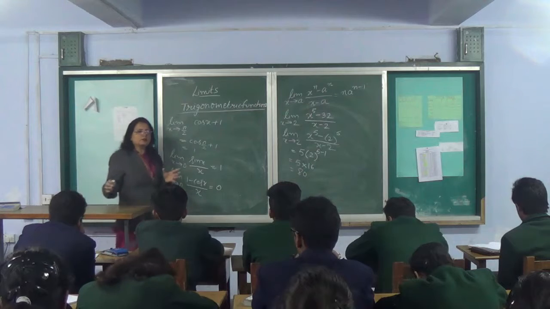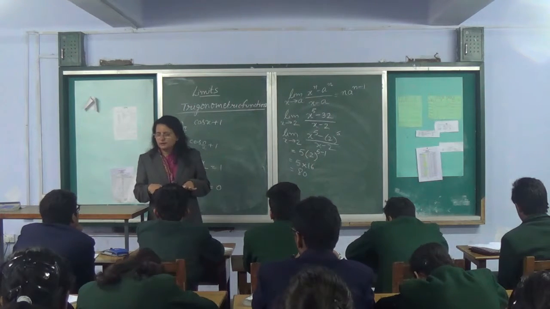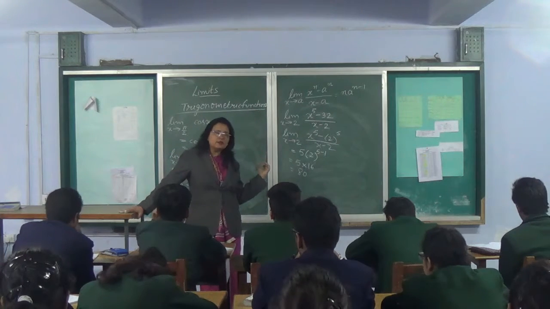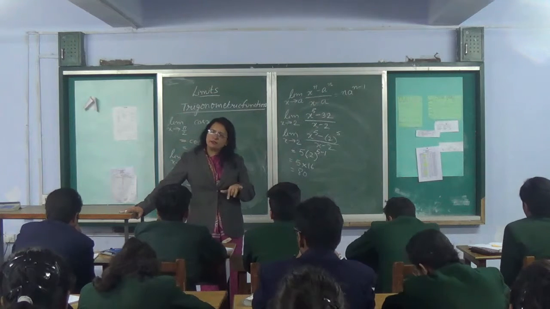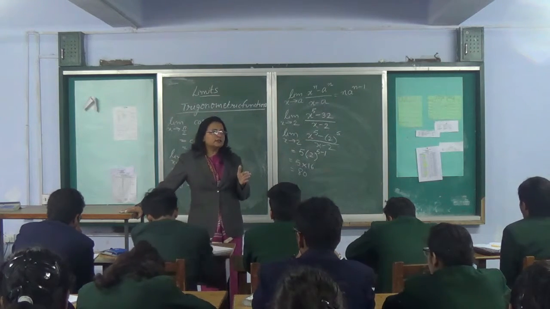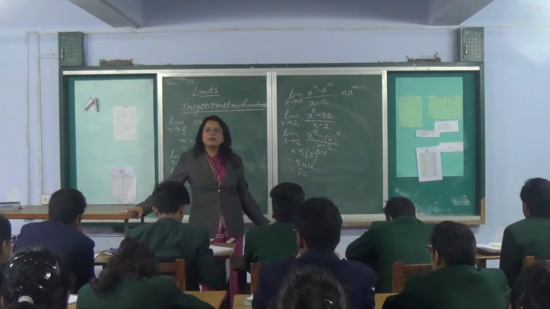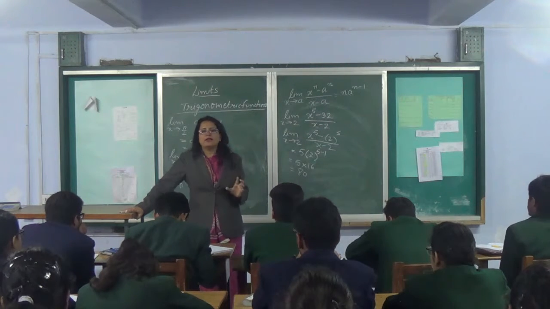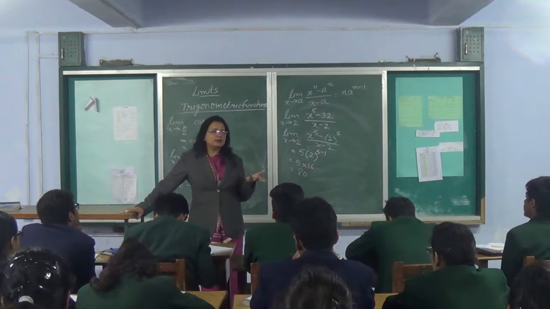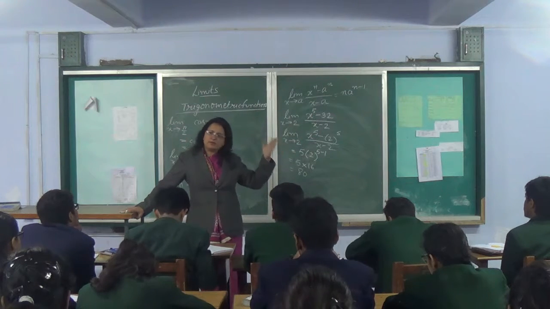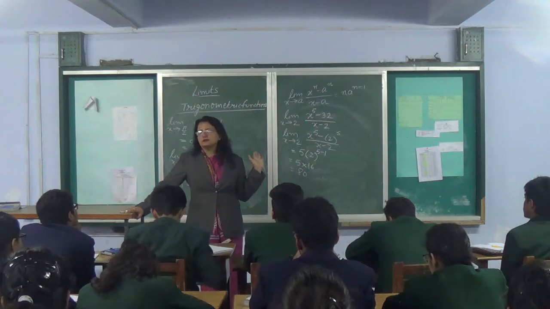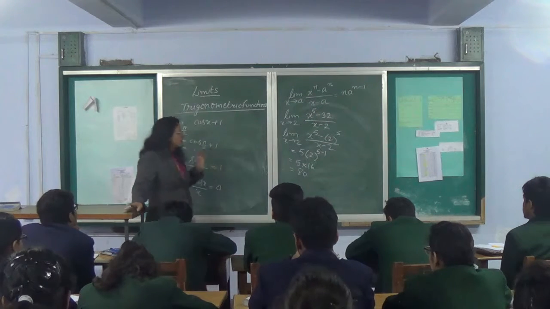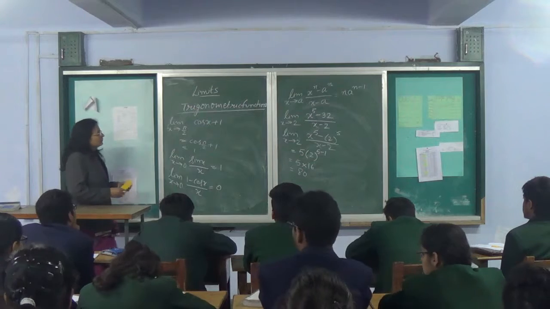Now when the trigonometric functions will be clubbed with algebra, right? In those cases there is a possibility that we will be using this result as well as we will use factorization on the other hand. Simultaneously we would be using the previous three approaches also. If you have the function as the combination of trigonometric as well as algebraic, there is a possibility that you will use factorization as well as these standard results for evaluating the limit of given function. Is it okay? Right? So the next thing which we have is